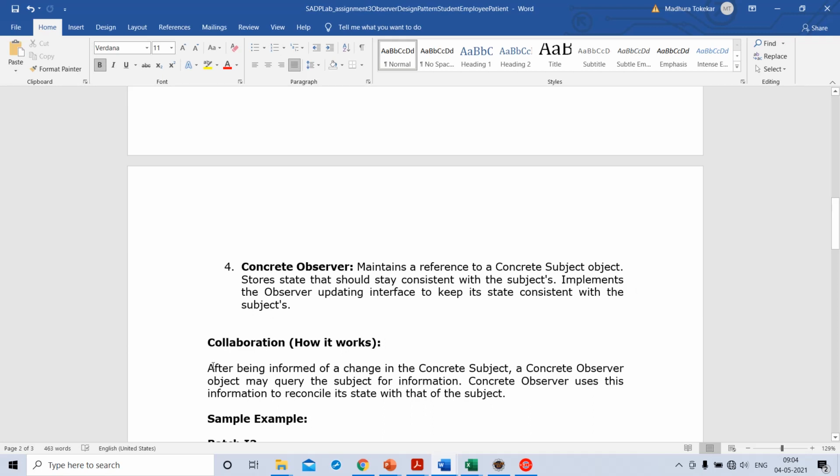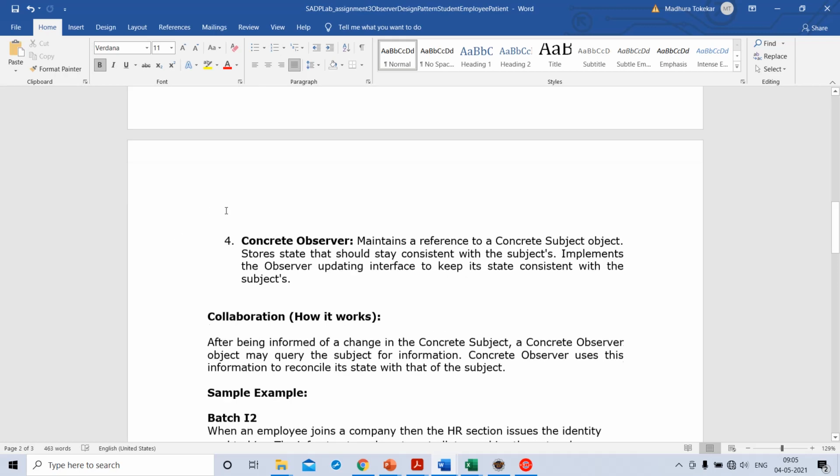Okay, so collaboration, how it works. After being informed of a change in the concrete subject, a concrete observer object may query the subject for information. Concrete observers use this information to reconcile their state with that of the subject.